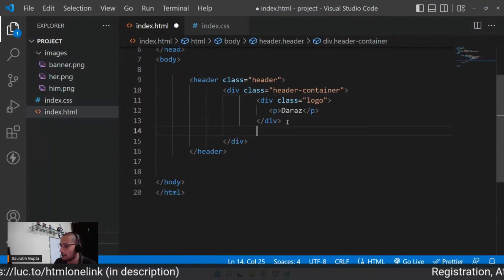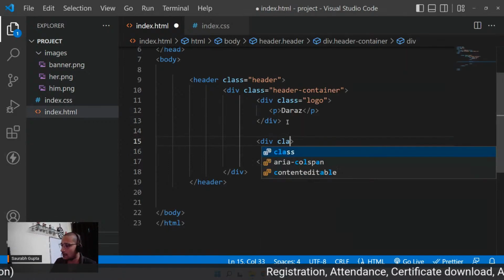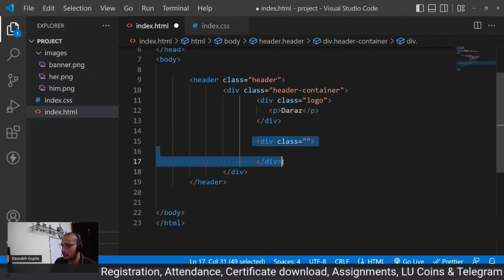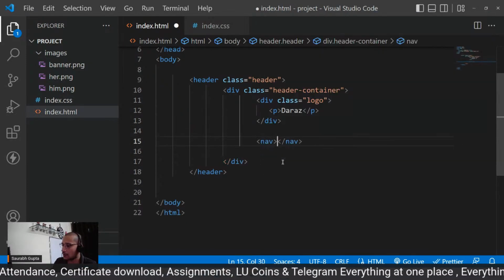So inside the container only, I'll have this class. Let's call it, oh, you can use nav tag for it. Instead of div, you can use nav tag. So nav,